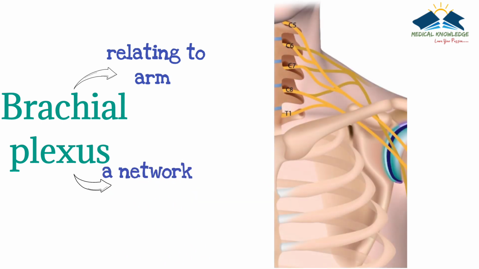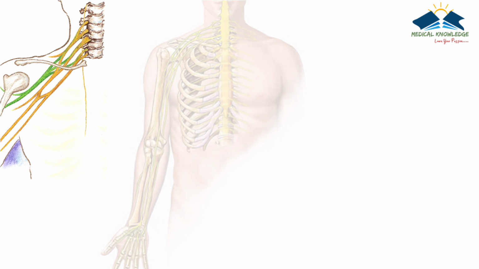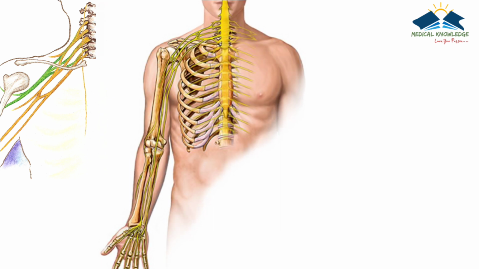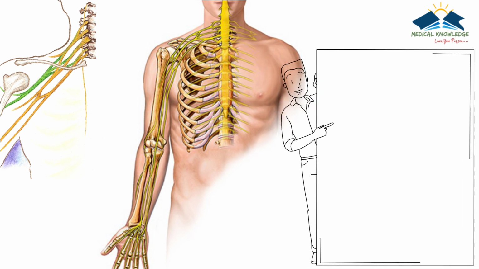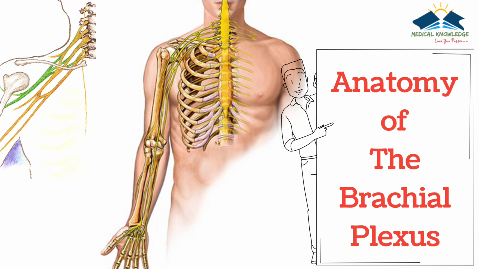The brachial plexus is a network of nerves formed by intercommunications among the anterior rami of the lower four cervical nerves, C5, C6, C7, C8, and first thoracic nerve, T1. This plexus extends from the spinal cord, through the cervicoaxillary canal in the neck, over the first rib, and into the axilla. It is responsible for the motor innervation of all of the muscles of the chest, shoulder, arm, forearm, and hand. In this article, we shall look at the anatomy of the brachial plexus, its formation and anatomical course